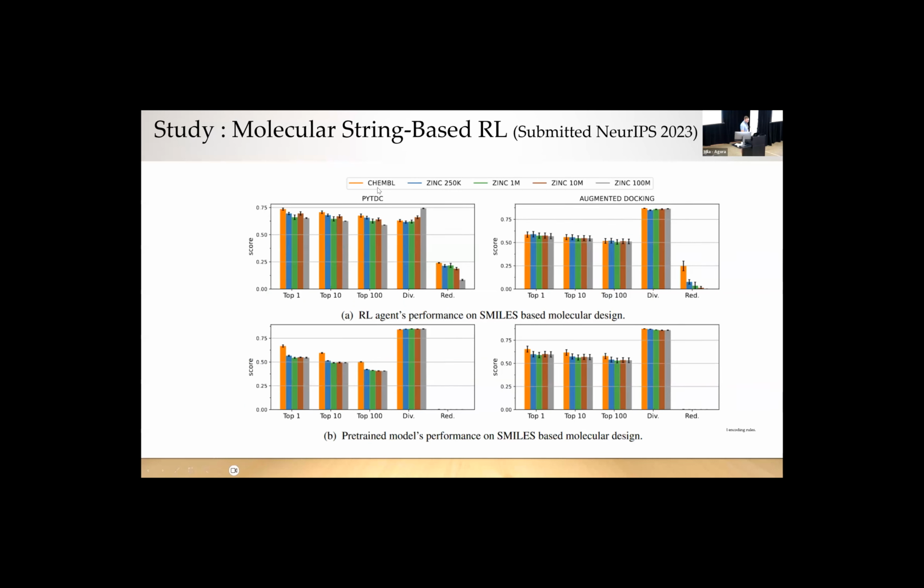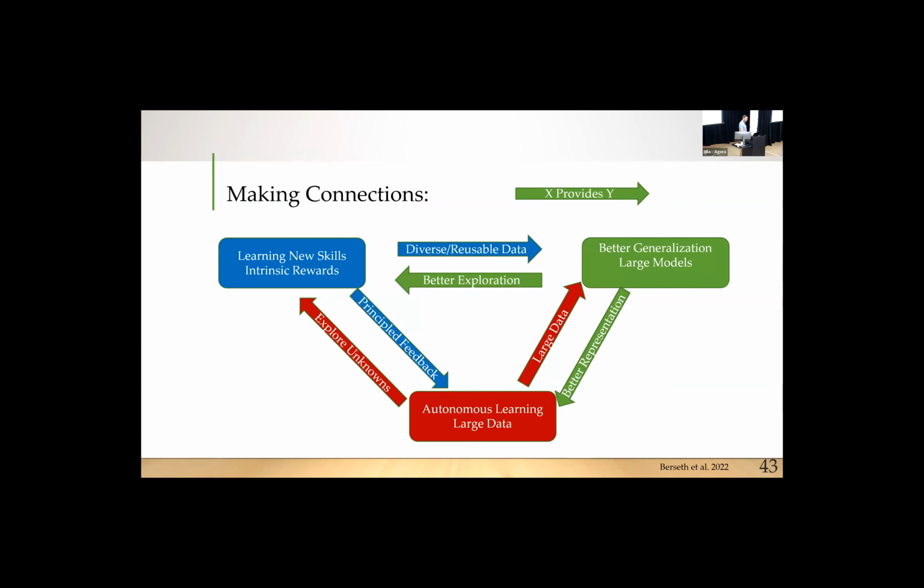This is where we study different data sets and how much they increase performance. Interestingly, the ChEMBL data set ends up being fairly helpful for training these models, partly because that data set is a bit more diverse. We've got these giant data sets of different ZINC molecules that go into the billions of points, but it's not a very diverse data set. So we need that diversity to really take advantage of these large models. Need diversity, need multitask information.